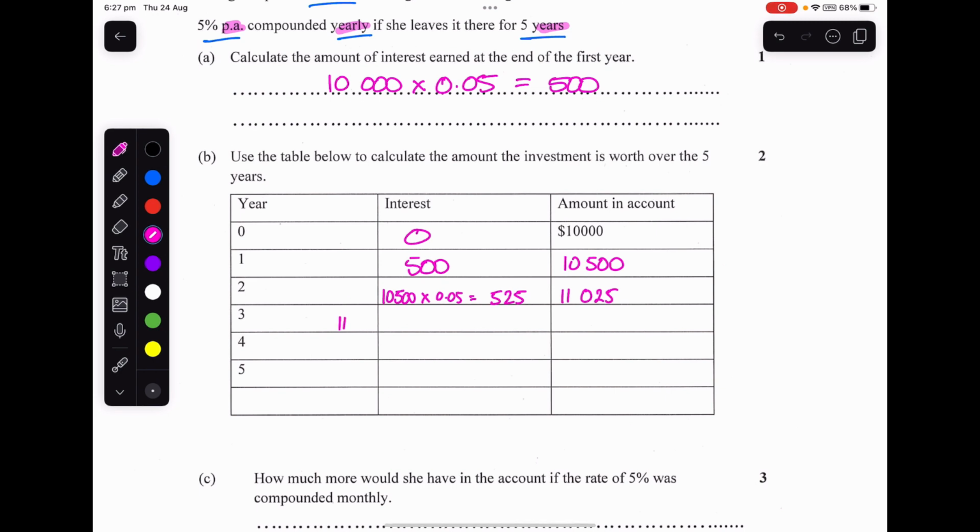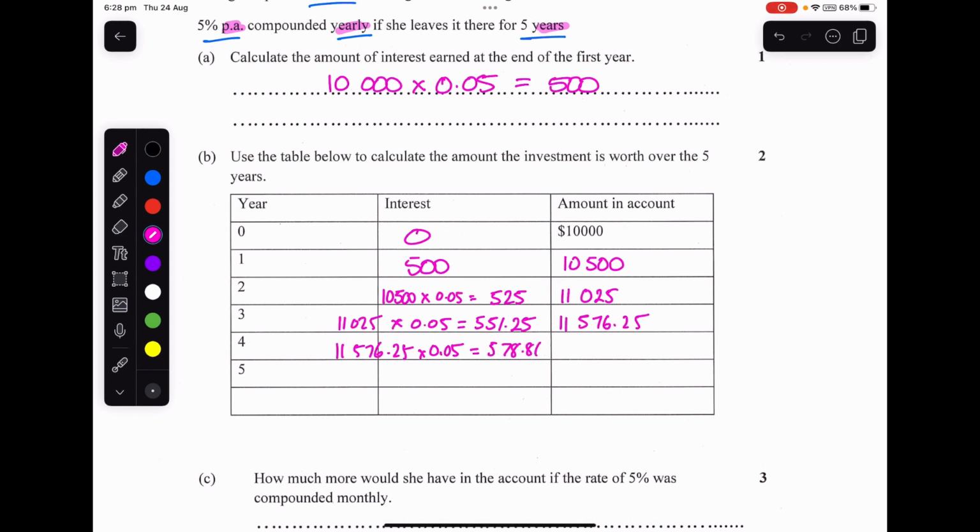So if we go $11,025 and we multiply that by our 0.05, and we get $551.25, because remember, this is compounding, so it means it's going to go up every year. So we get $11,576.25. Take that amount, 576.25, times it by 0.05, and we end up with